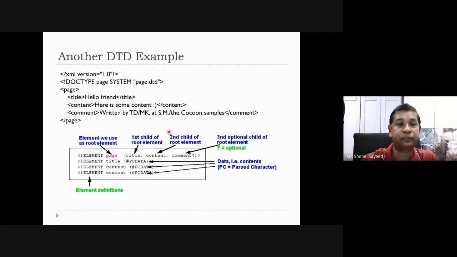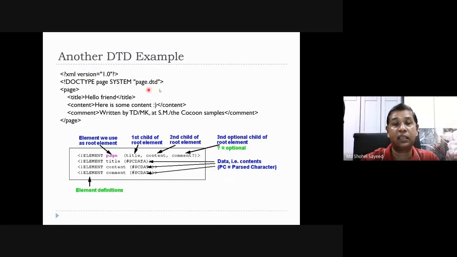Next, another example of DTD, XML version 1.0. Then we have to specify what type of document we are going to use. The document name is page, and the SYSTEM. SYSTEM basically finds out where the source for this definition is. Page.dtd is the file where the source is.